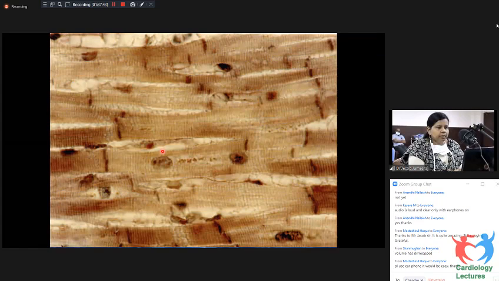Good afternoon, everyone. Now we are going to zoom inside the heart and see the cells magnified from 100 to 1,000,000 times. First, we are going to see the pericardium. This is the horizontal cut section. You can see the visceral pericardium and the parietal pericardium and the space in between.